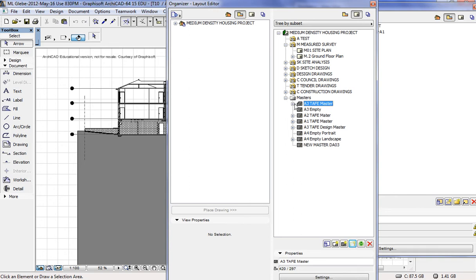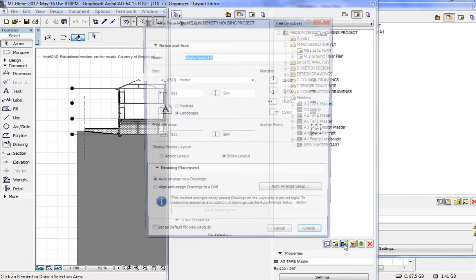The number of exceptions to the master is that normally you see North Points on many drawings in the title blocks, but because North Points aren't relevant for a section or an elevation, it shouldn't necessarily go on a master, because a master should only have information about the page size and the information that is to be repeated on every sheet without exception. So to create a master, what you do is you click on the new master layout,